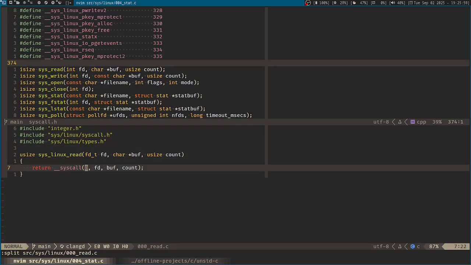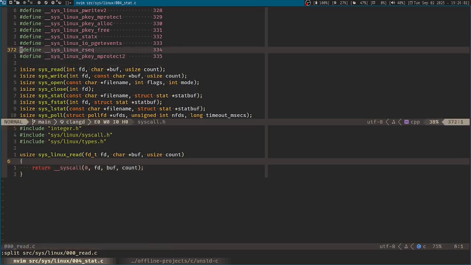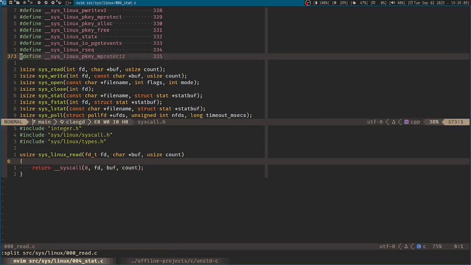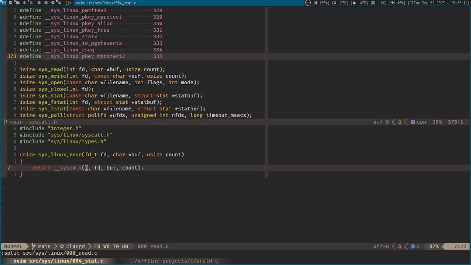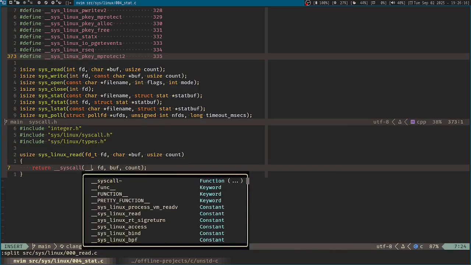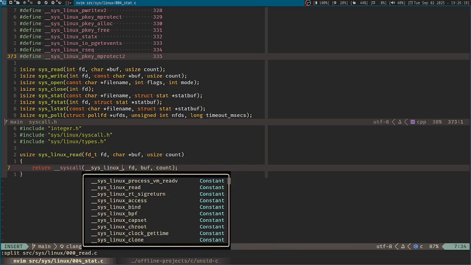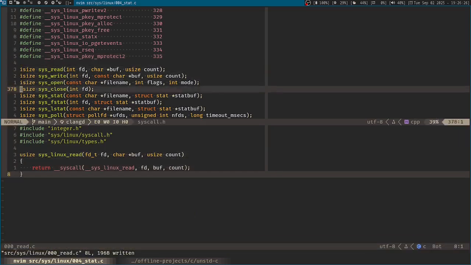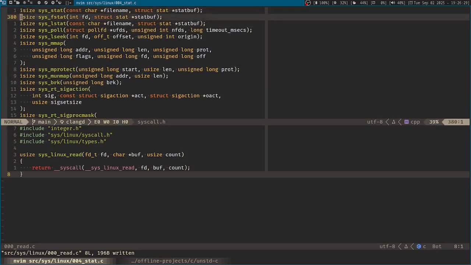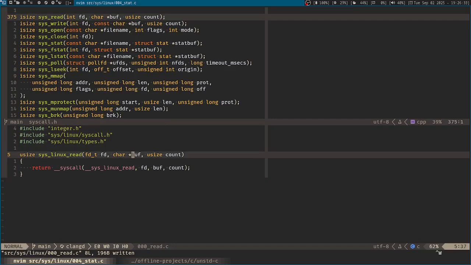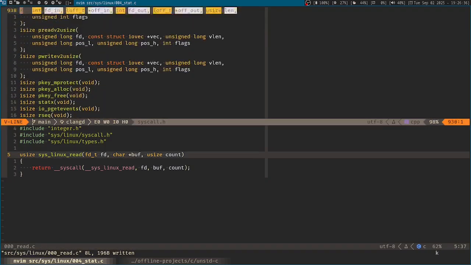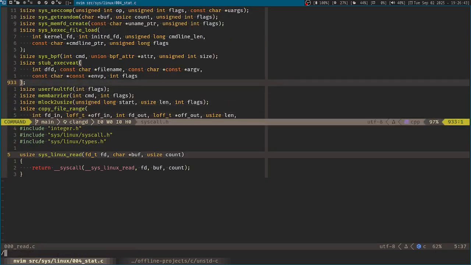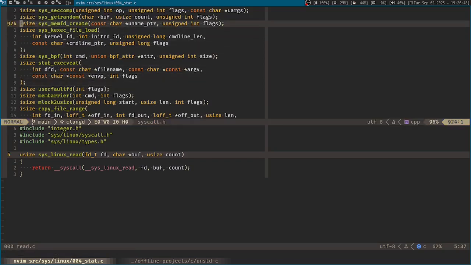Wait, now that I think about it, I've also defined these macros later on in the time lapse back then, and I didn't really use it here since I've made this first before it, so it's time to use it. Though I have sys over here, but I defined sys Linux, so I've done it fairly wrong. Also, there are some that do not start with sys, and I gotta find that